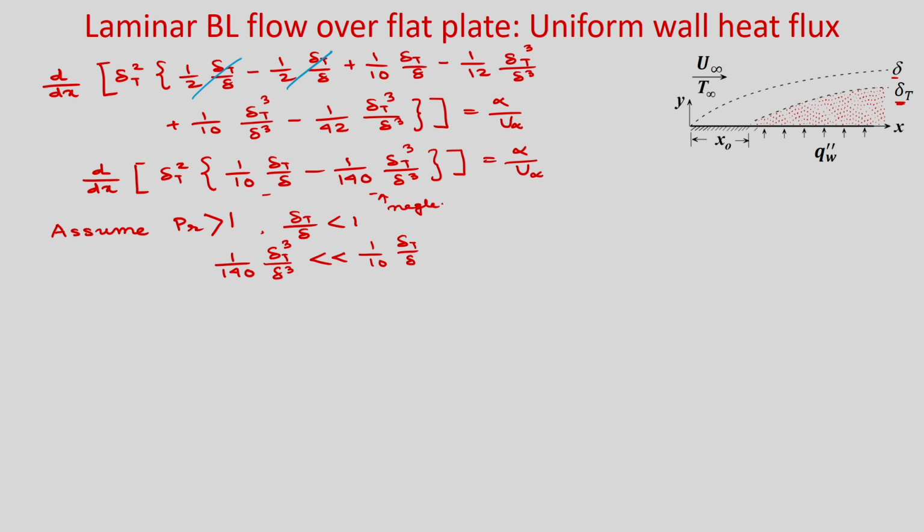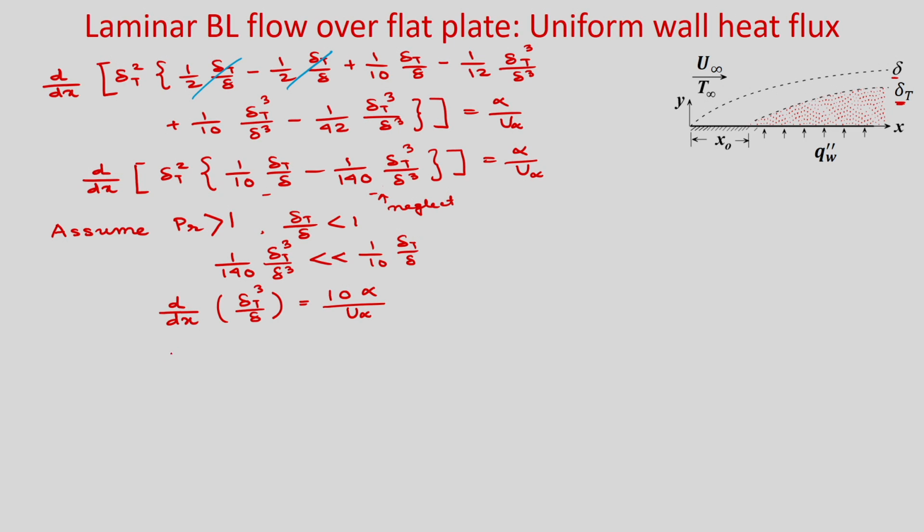This term you neglect. So, neglecting this term you can write d of dx, okay, delta T cube by delta is equal to 10 alpha by u infinity. Okay. Let us integrate this. So, this is an ordinary differential equation. So, you can integrate it and you know that at x equal to x naught you have thermal boundary layer thickness delta T as 0. Okay. So, if you integrate it, so you will get